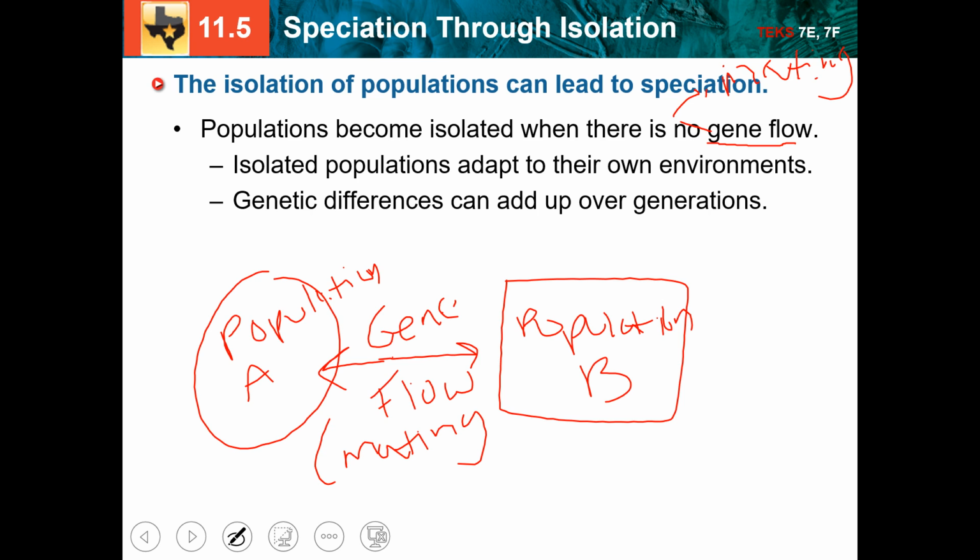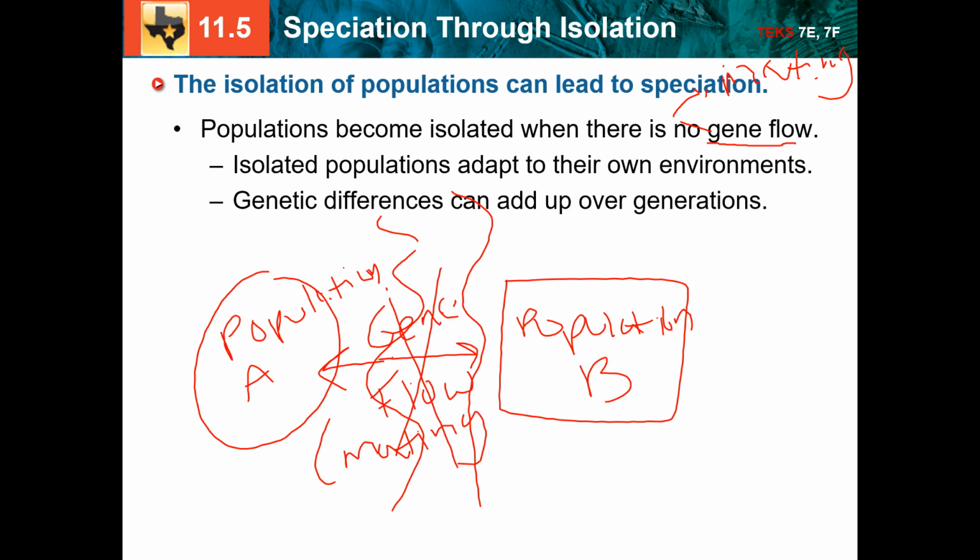However, say these populations can no longer mate, something happens so they can no longer mate, we would say there's no gene flow going on. So maybe these populations become isolated, say like all of a sudden some giant crack in the earth splits up these two populations from each other and you have no gene flow. And so when populations become isolated, this population can start doing its own thing and this population is doing its own thing. In other words, population B has their environment and population A has their own environment,